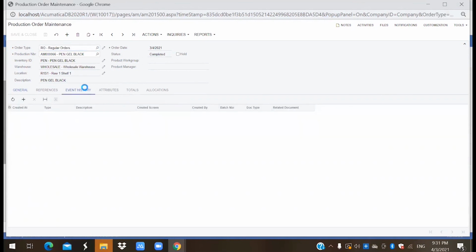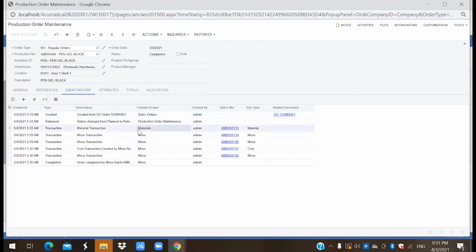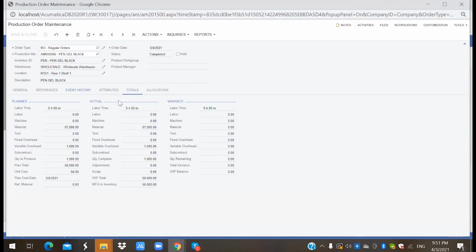Now if we see the event history, we have created a move transaction in order to issue the materials. I have issued all the raw materials in one go, and then I have created 3 move transactions following all the three. Let's see the totals. So here we have the total quantity to produce, let's say 1000 quantity, and we have completed 1000 quantities.